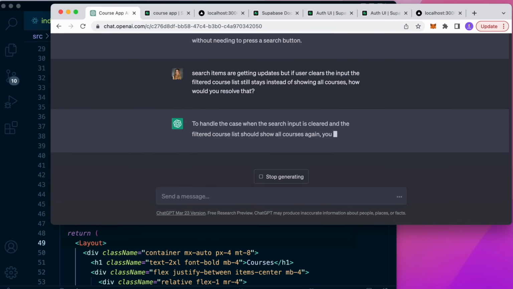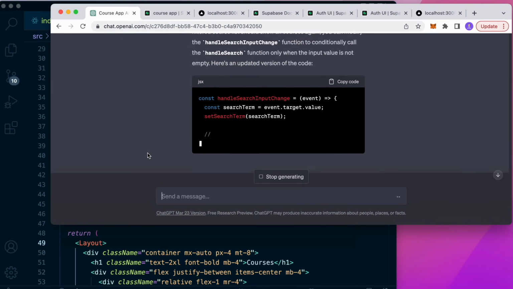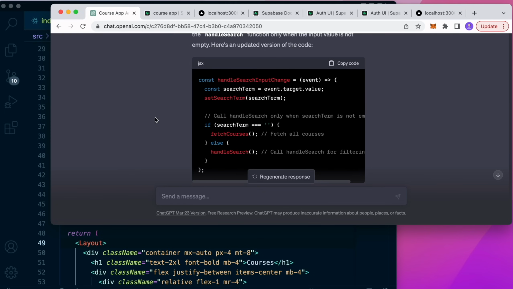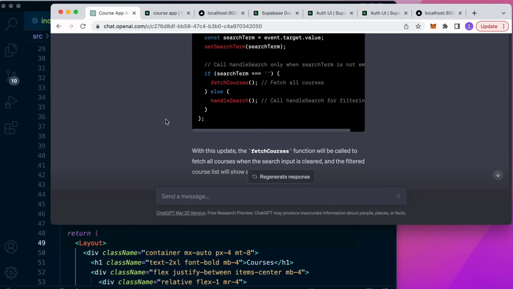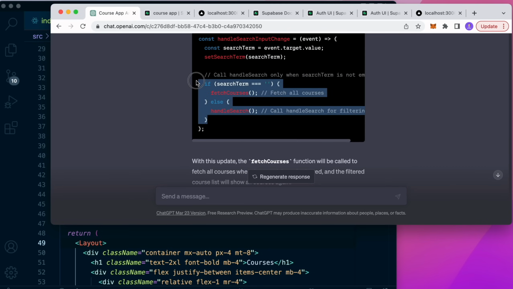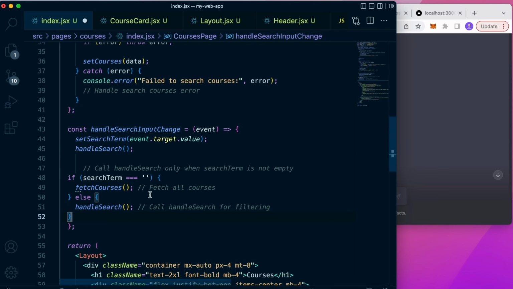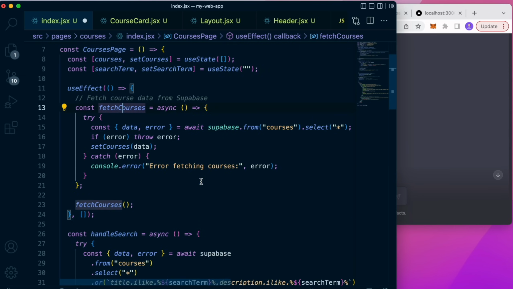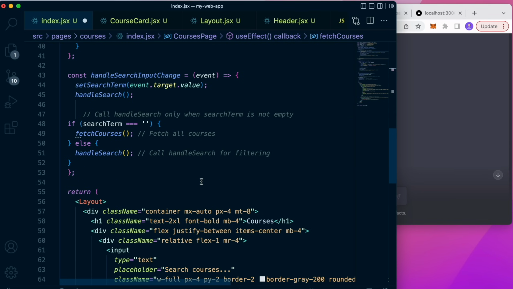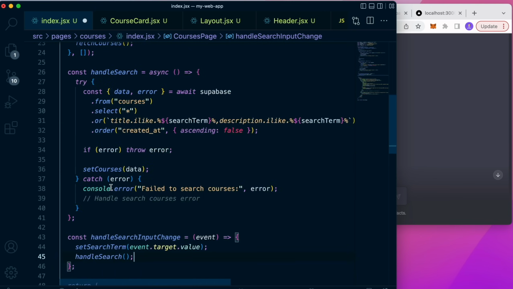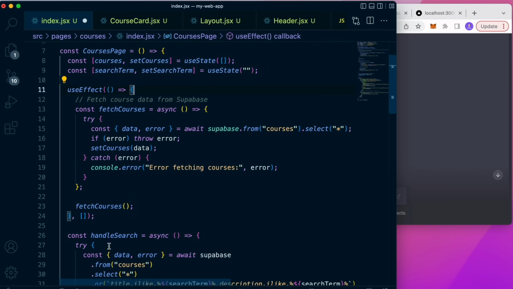Let's see if it has a solution for the updates being late, to call conditionally only when the input is not empty. Okay. Yeah, this is kind of a hacky solution, but let's do that. Let's try it. Also, this is not going to work because fetch courses is defined inside useEffect, but basically how I would resolve this is